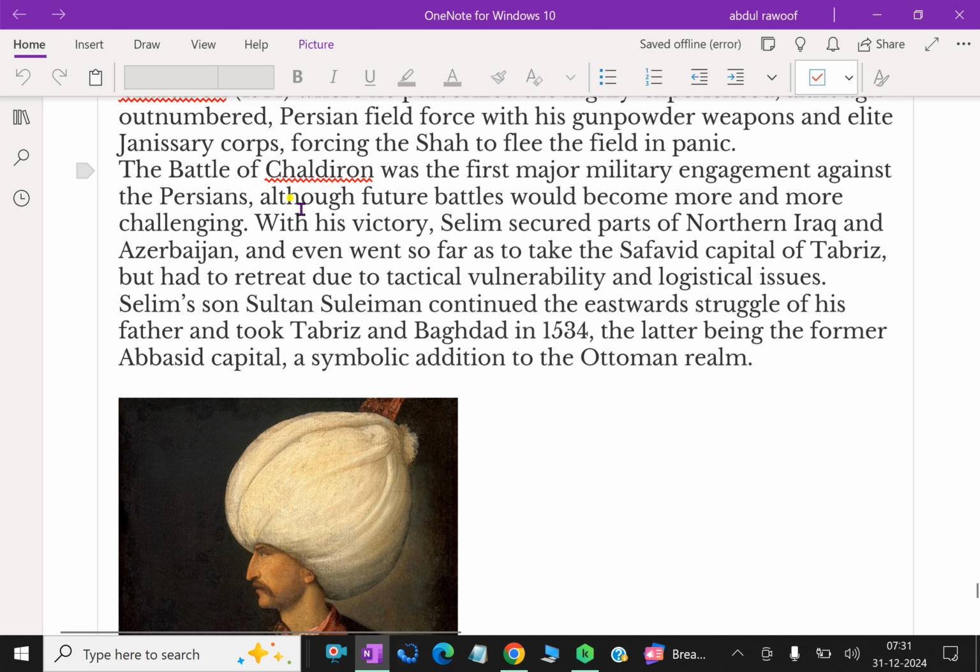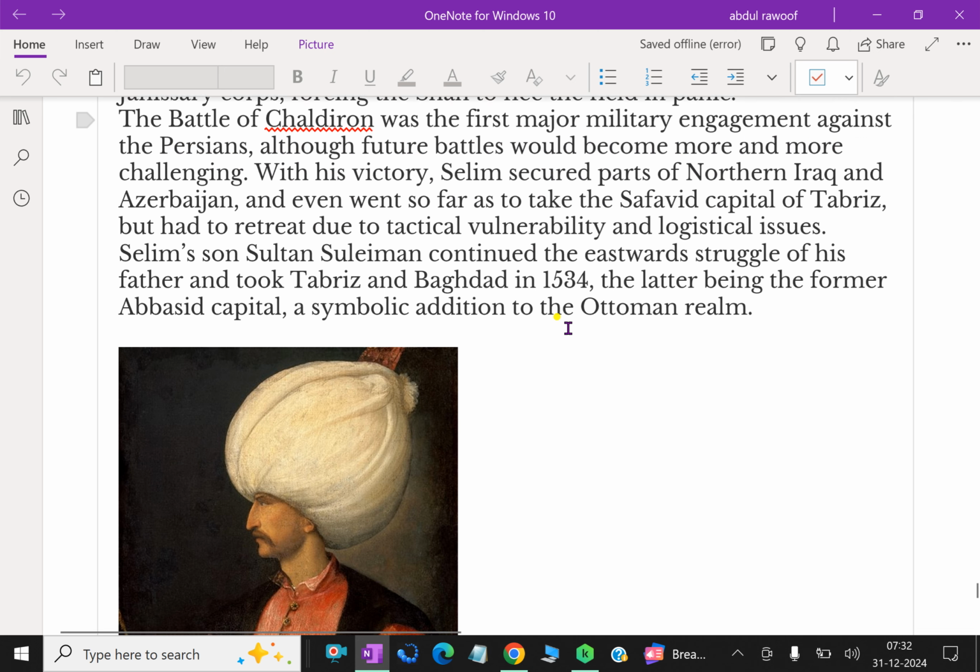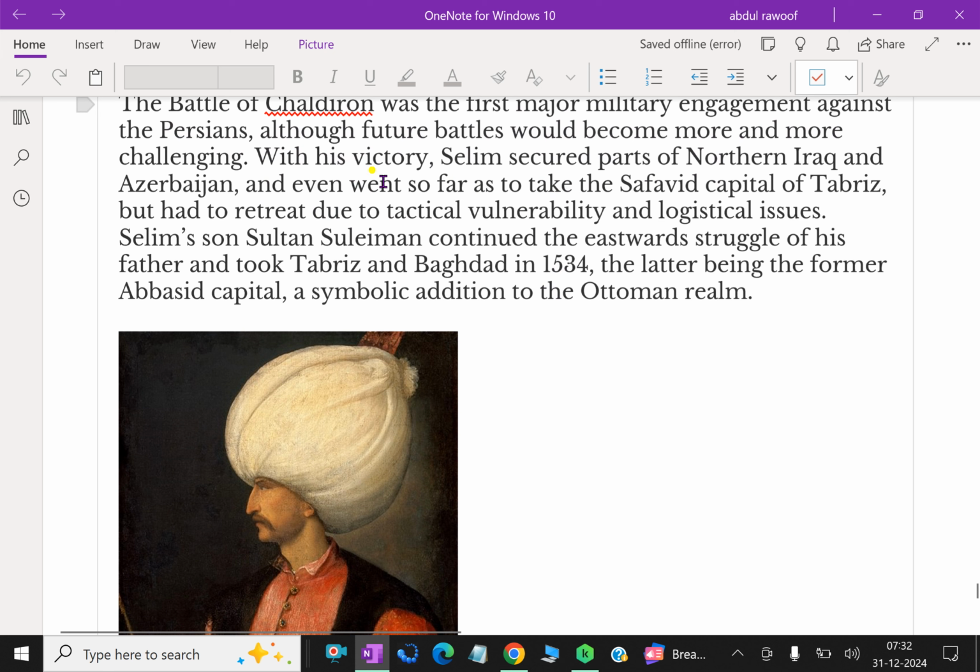The Battle of Chaldiran was the first major military engagement against the Persians, although future battles would become more and more challenging. With his victory, Selim secured parts of northern Iraq and Azerbaijan and even went so far as to take the Safavid capital of Tabriz, but had to retreat due to tactical